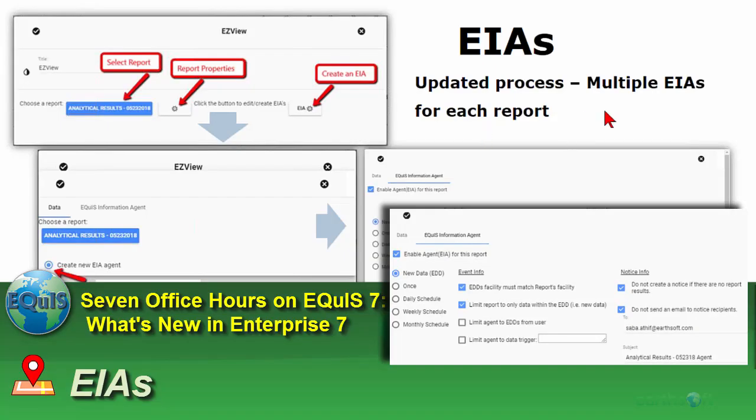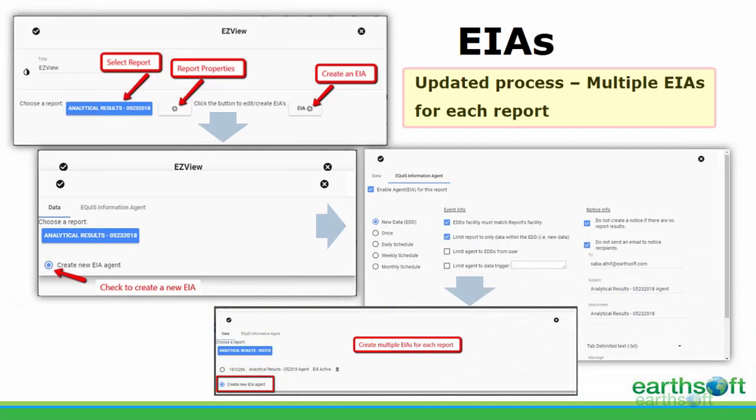The next important feature is EIAs. We now have updated processes where multiple EIAs can now be generated for every single report. We are no longer tied to one EIA per widget. You can create multiple EIAs for every single report. So you would select the report, click on the gear to select your report properties, select the EIA button to create an EIA, and when that opens up, click on the Create New EIA Agent, and the EIA tab will now appear with all of the usual options to select,